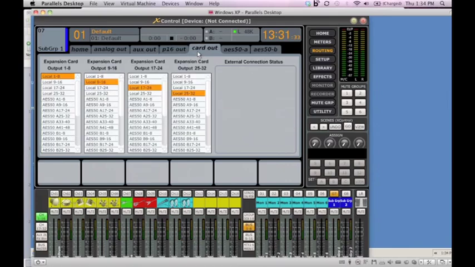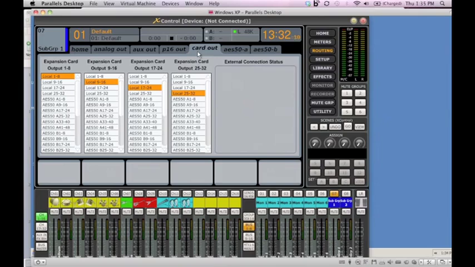And here we are on the card out page. Take it away, Chris. Cool. This is where you're assigning what sources are going to the card out, I mean the FireWire and the USB XUF card on the back of the X32. Right now, we have local 1 through 8 and 9 through 16 selected, so that means the inputs on the back are being routed to the output of the card. If you're recording 32 channels in your DAW, all 32 channels right now are routed straight into the computer,